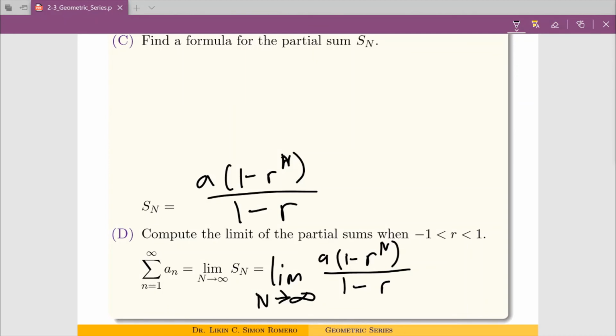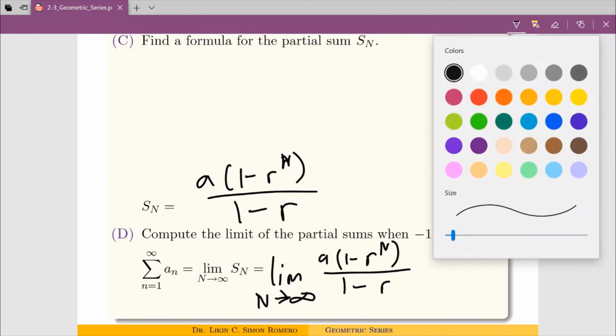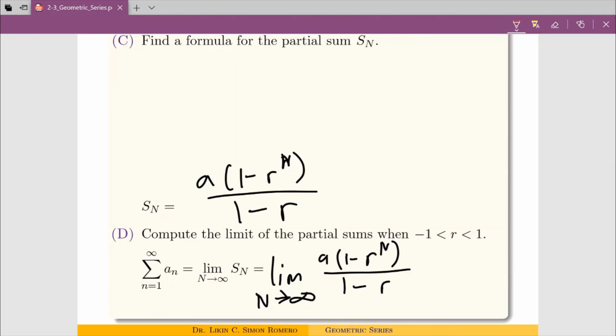And now to compute the limit of the sequence of partial sums, we look at the limit as n goes to infinity of A times (1 minus R to the n) over 1 minus R. Now the thing to observe here is that as n goes to infinity, this R to the n term here approaches 0. And so what we're actually left with here is A over 1 minus R. And so a